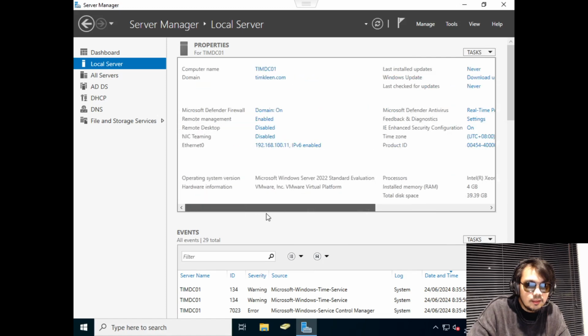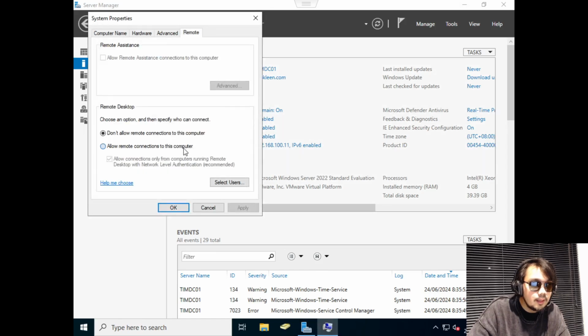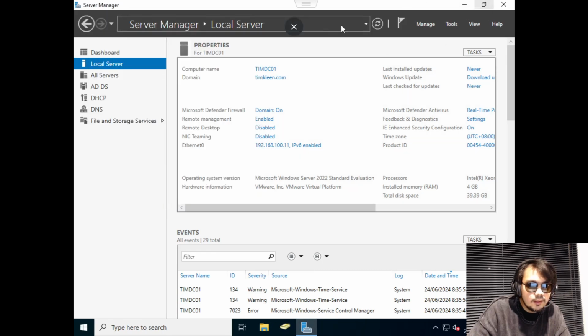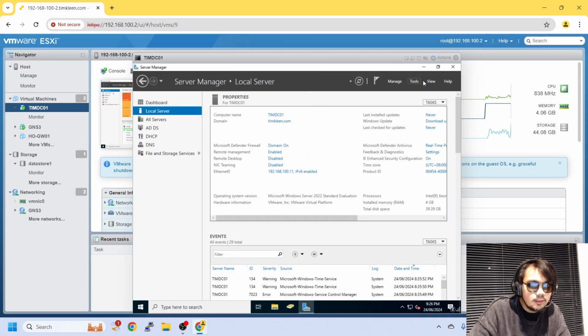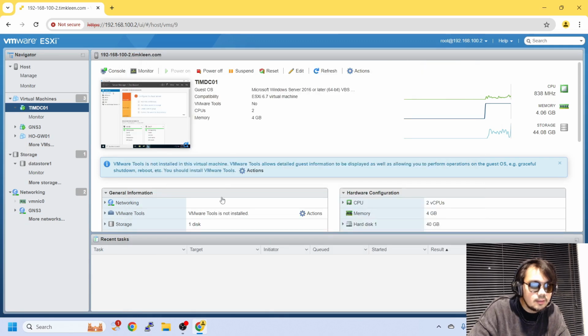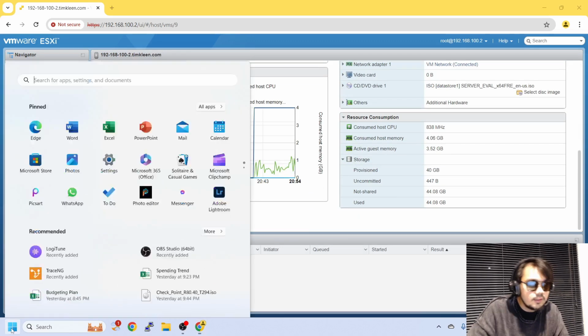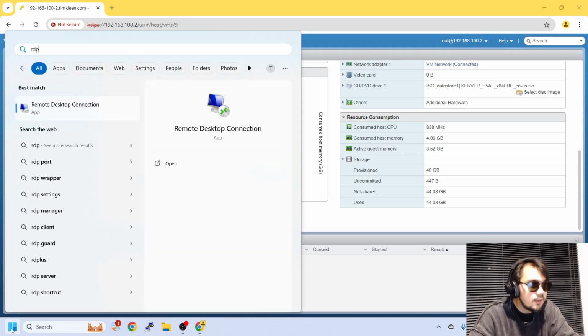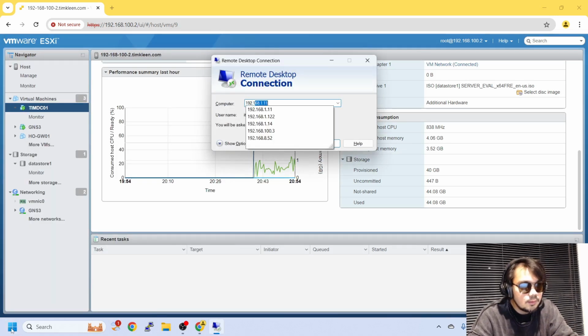Nice and easy. And if you would like to access the server via remote desktop, we can enable this one, remote desktop, allow that, and I normally would uncheck that, click apply, and then let's exit from here. And as we know the IP address earlier, 192.168.100.11, so I'm just going to RDP to that, 192.168.100.11,